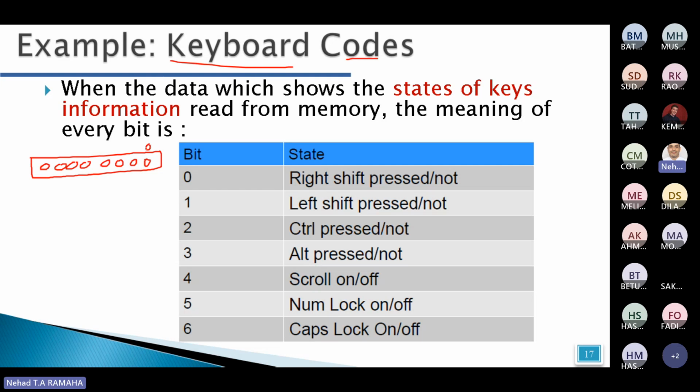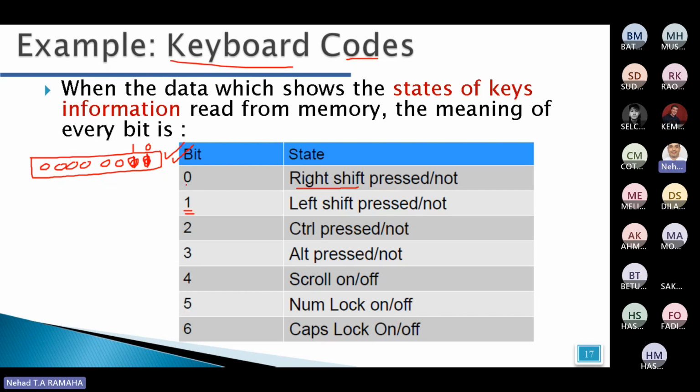First digit, which is digit index 0, it's for the right shift. If it's pressed, the digit will be 1. If it's not pressed, the digit will be 0. Second bit, which is its position 1, it's the left shift. If left shift is pressed, this digit will be 1. If left shift is not pressed, this digit will be 0. So if we have the keyboard information like this,